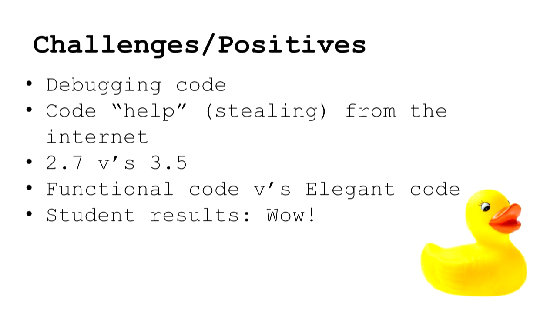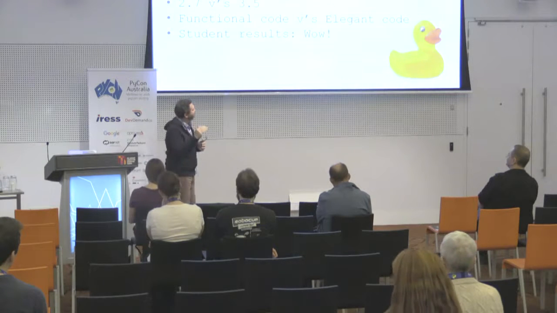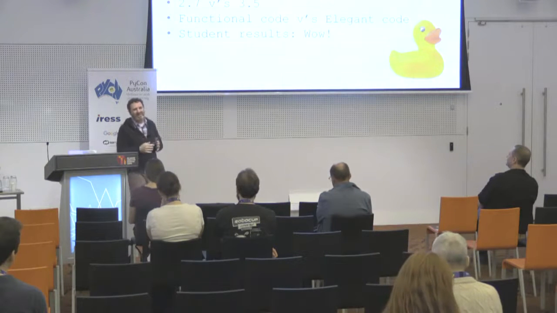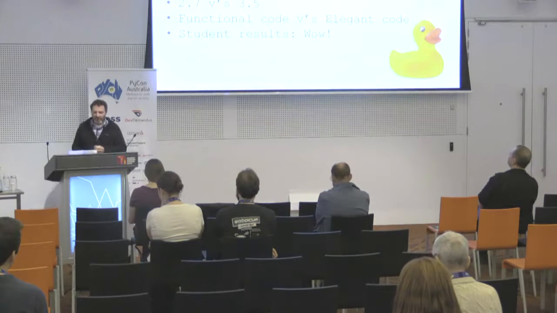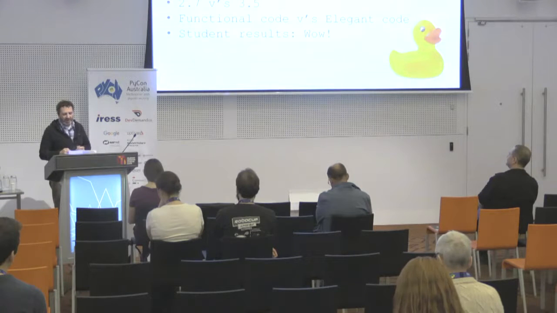But the other thing is, to get an A, does your code have to be elegant and beautiful, or does it just have to be functional? That's something else that we worked out as well. Can a kid who writes 15 lines of code still get an A with the kid who wrote 3 lines of code? Of course, if it's obvious that he needs to use a for loop, then maybe that needs to be marked down. So how do we mark this? How do we assess this code? And are we really expecting them to get beautiful, elegant code by the end of grade 10?